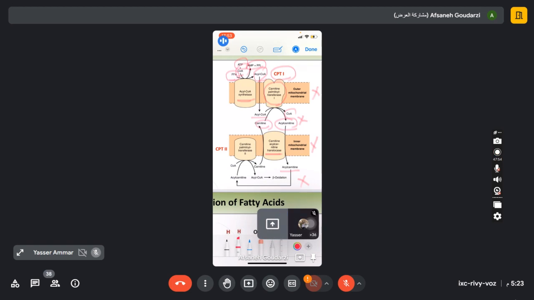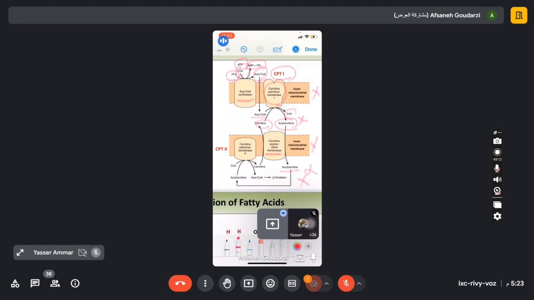Therefore, we didn't have any other choice than changing free fatty acid to acyl-carnitine. Okay, acyl-carnitine passed through the inner membrane of the mitochondria by this translocase, and here we are in the matrix of